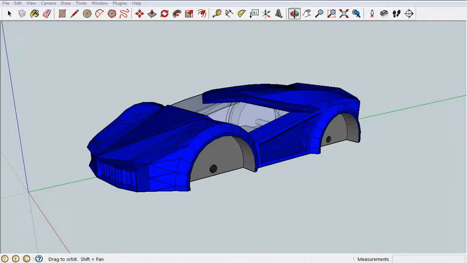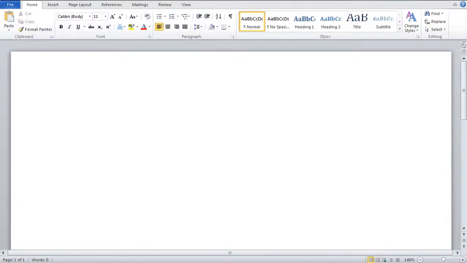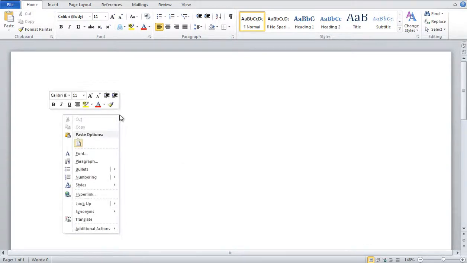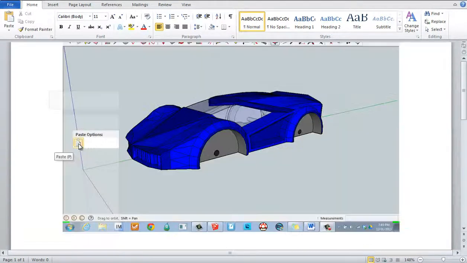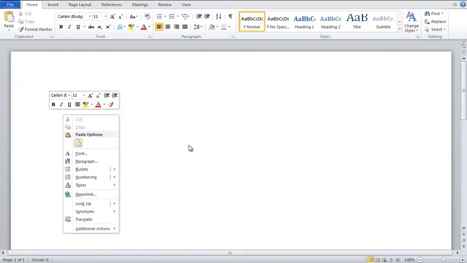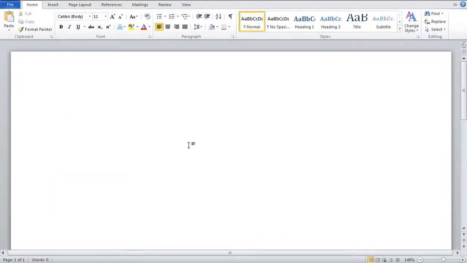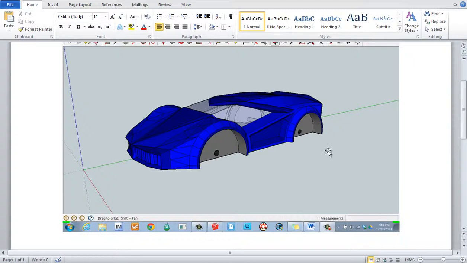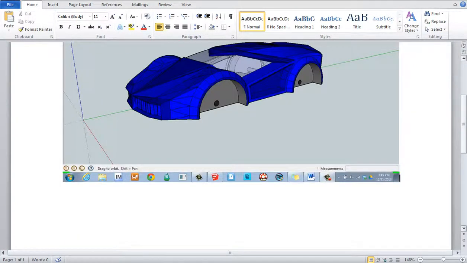So back in Word, you can now paste that picture right into Word. You can do that two ways. You can right click and select Paste, or you can just do the hotkey, which is Control V, and there's your picture from the screen. So then I can go back